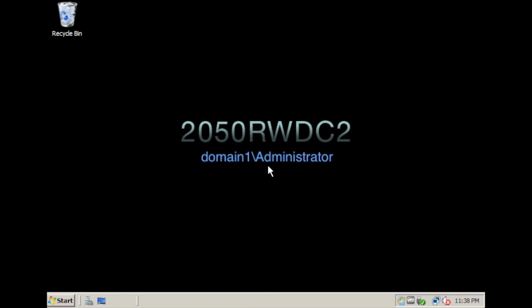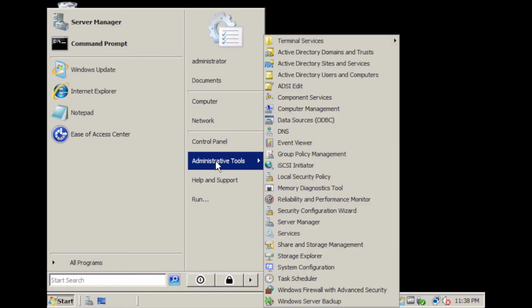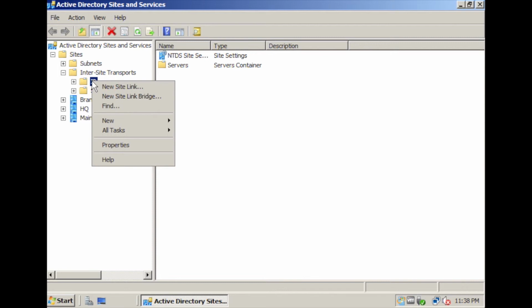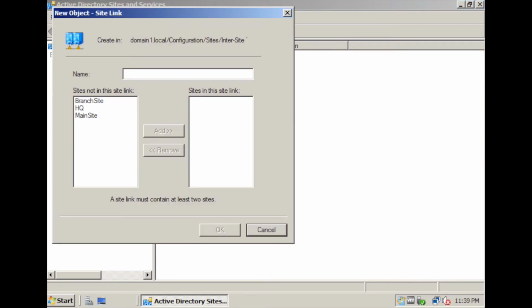In Domain Controller 2, still signed in as Domain 1 Administrator, let's go to Active Directory Sites and Services. Expand Intersite Transports. Right-click on IP and select New Site Link. We're going to name this one Even Link. Select Branch Site, click Add. Select Main Site, add that one as well. Site link has to contain at least 2 sites. Select OK,